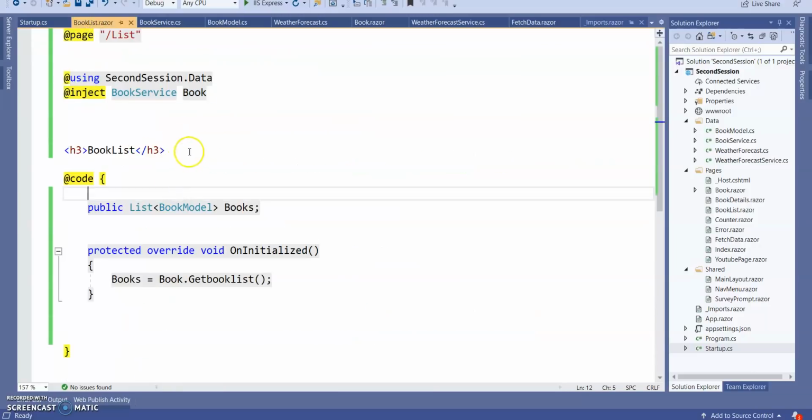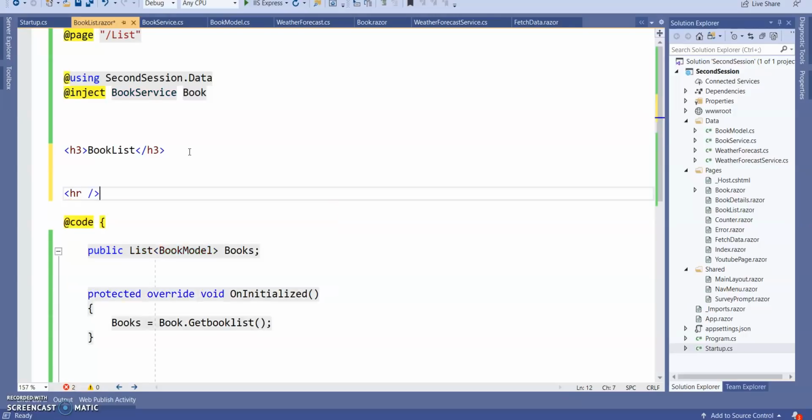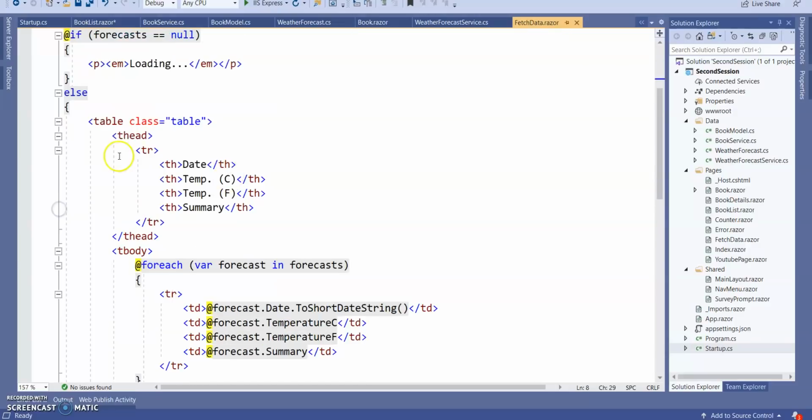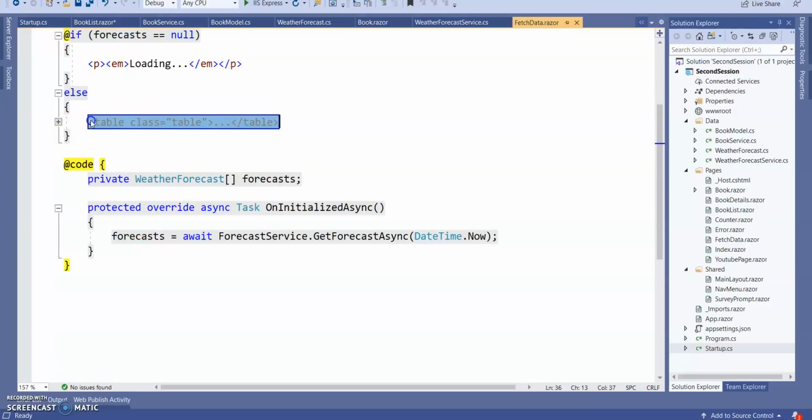Next, here I want to show the data. Give a separator. Go to fetch data and see how we can show it. I'm just copy pasting so that we can save time.